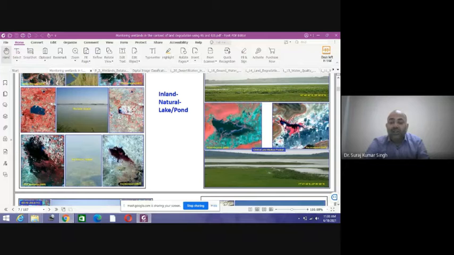And along the waters where there is scrub land, where grasses have grown, it will be seen as pink and red in color with a smooth texture. So whenever you find a smooth texture with pink to red color over a water body, that is indicative of scrubs in that area.